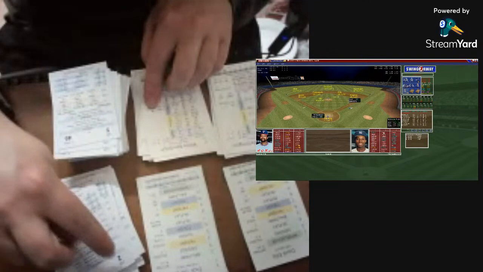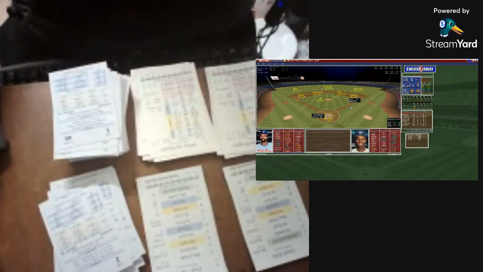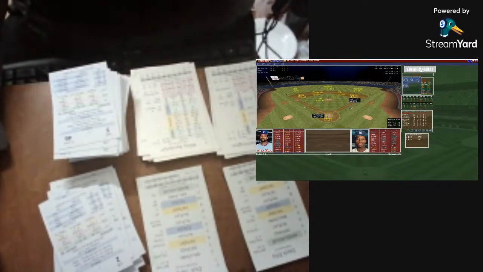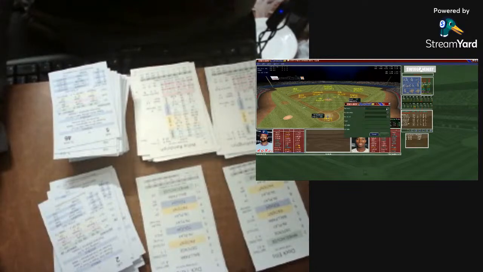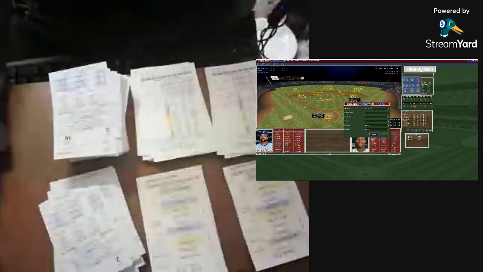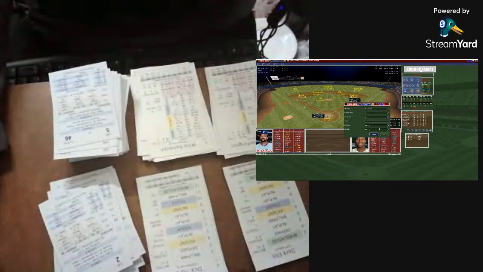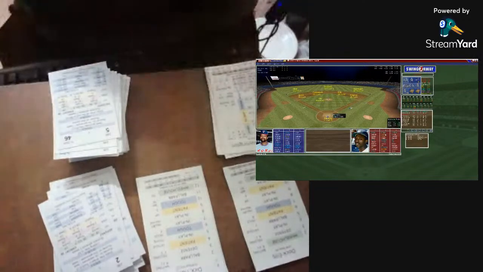Wow. That's a 4, 6, 3. Double play, and the Yankees quickly have 2 outs. That was just awful. That was an easy double play, so that will be that. 2 outs quick. And here's Rivers.